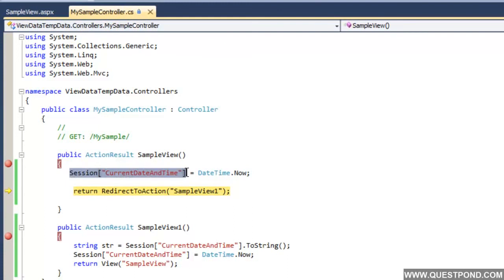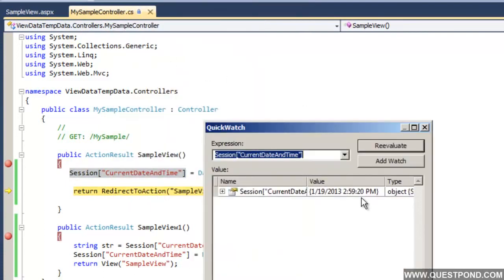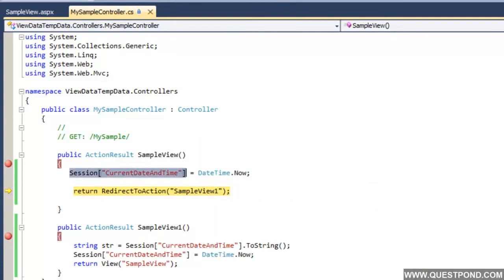The current date and time which has been set is 2:59:20. Now if I go here, you can see that it is accessed here, 2:59:20. Great. Now we set a new value in SampleView1 to see whether this value is persisted in the view or not.